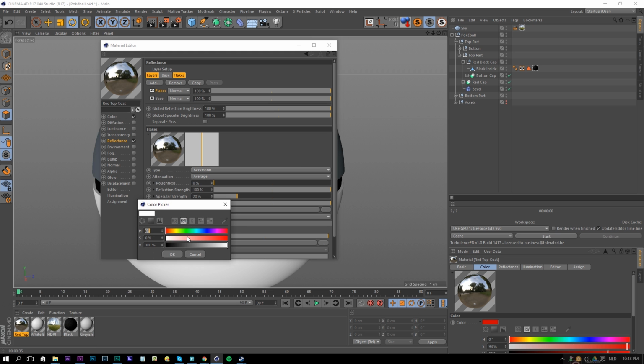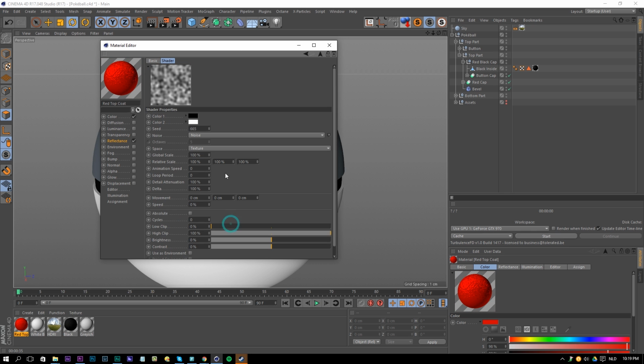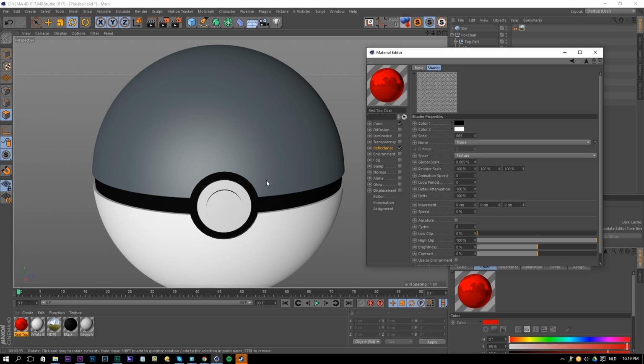And also the layer color changes to red, and go to a custom bump map at the mode here. And then for custom texture, go for noise and change the noise scale to like 0.005 maybe. Very, very small, because we're working with a very, very small object here, 6.35 millimeters. So if you have a bigger object, you can maybe play with this scale, because it really depends on the model and the size of the model. Then I'm also going to increase the contrast right here and change the low clip a little bit, like so. And okay, that's it.